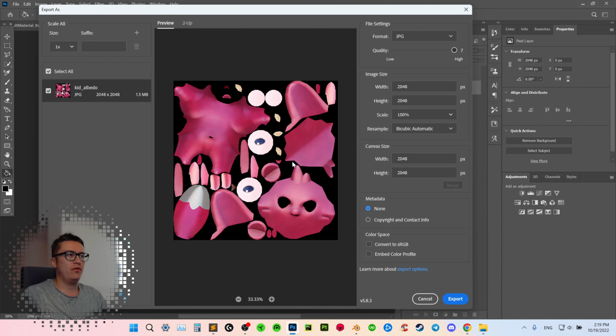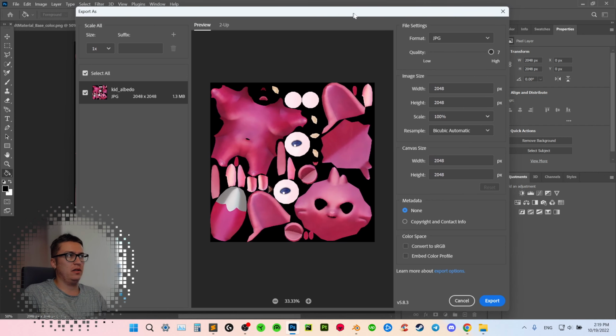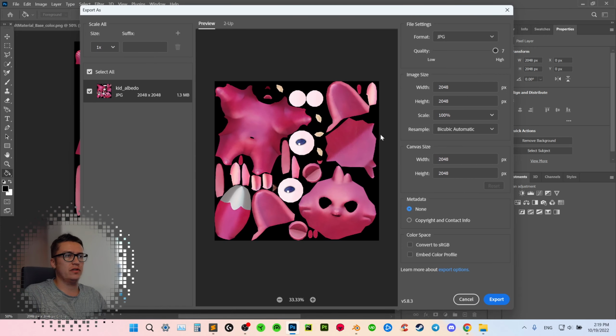But for albedo, roughness, metalness, AO, or a thickness map, 8-bit JPEG is completely enough, because